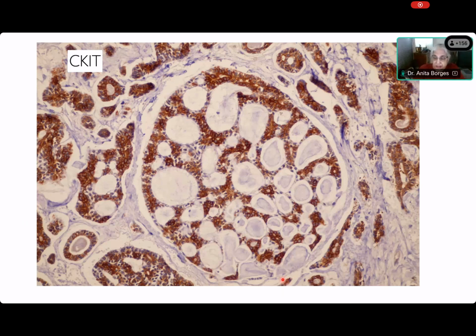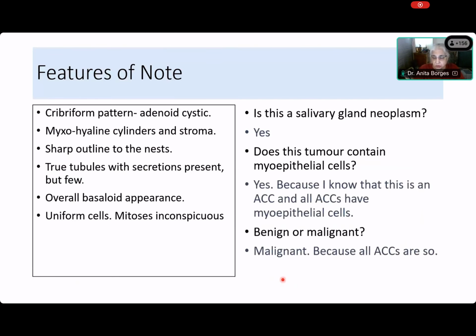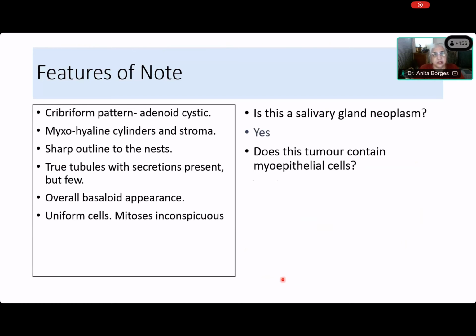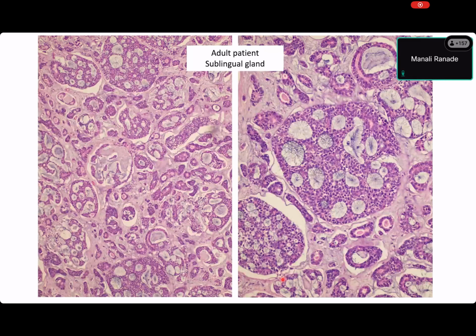Can somebody please ask that question that somebody asked about where are the luminal cells? It was an interesting question. In cribriform areas, abluminal cells are inside and luminal cells are outside. So why is that like that? There may be no luminal cells at all. This is just a solid group of myoepithelial cells.